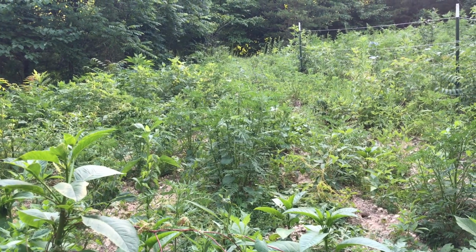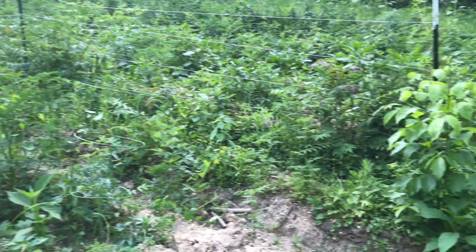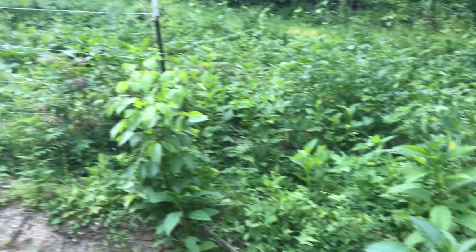I gotta do something about this, just like I need to go figure out why my goat is squawking. They still got hay. But this is gonna be a process. I'm gonna have to run the weed eater. But